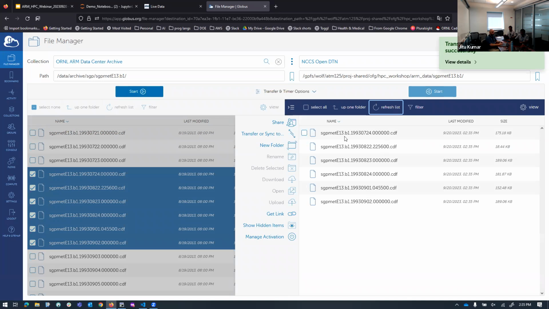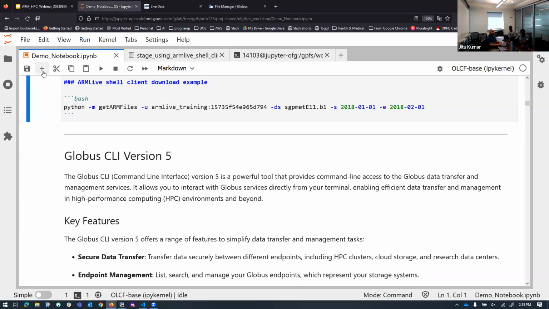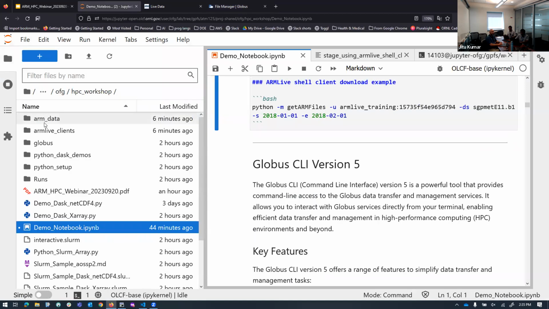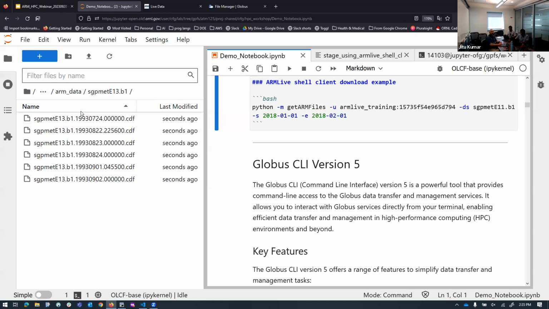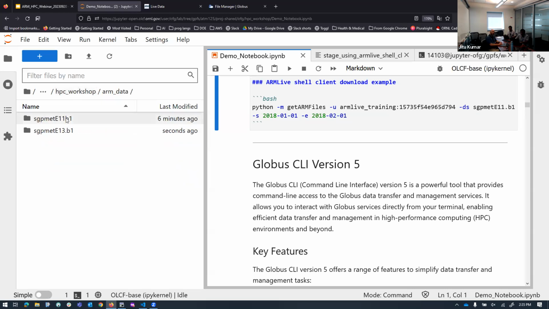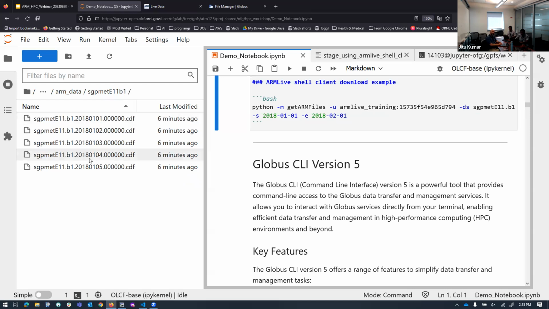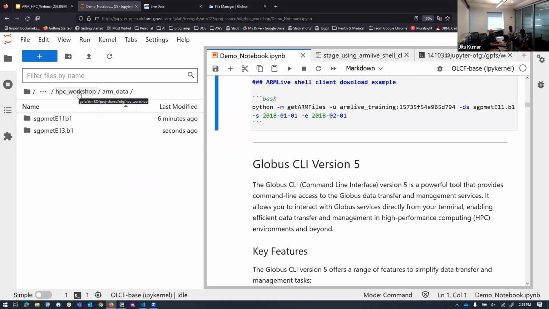They're already here. If we went back to our notebook, we can actually see in the ARM data folder, these are the files that we downloaded with the Globus UI. These are the ones that we downloaded with the ARM Live web service. You can use the Globus UI to get data off of these machines as well. For instance,